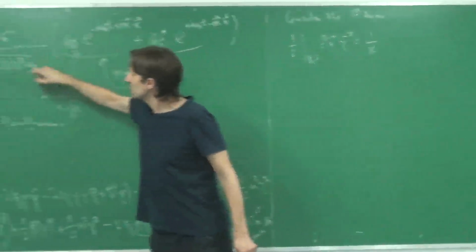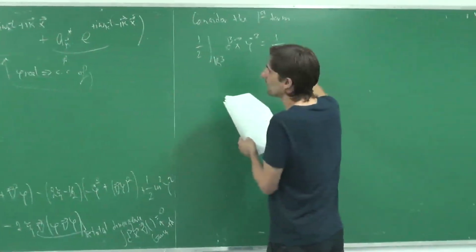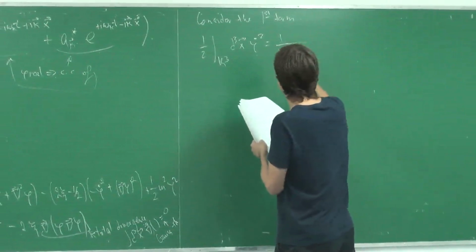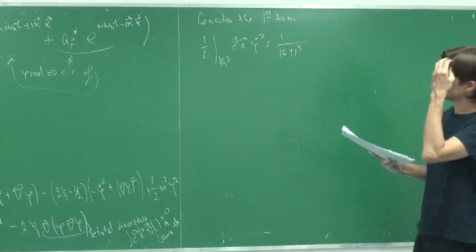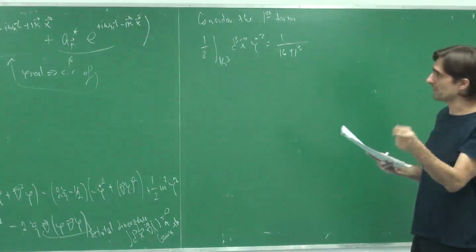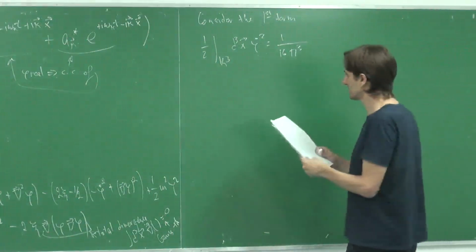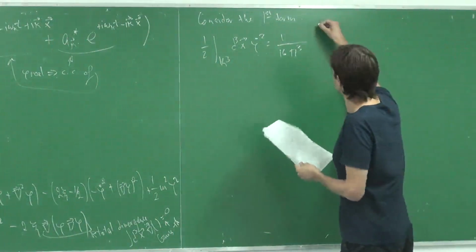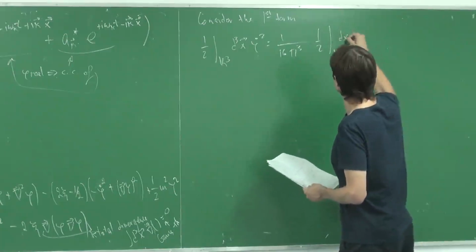So we're going to have the square of the square root, that's 16 pi cubed, and well, omega k depends on k, so we can't really take it outside the integral. We have the 1/2, we have the integral over space,